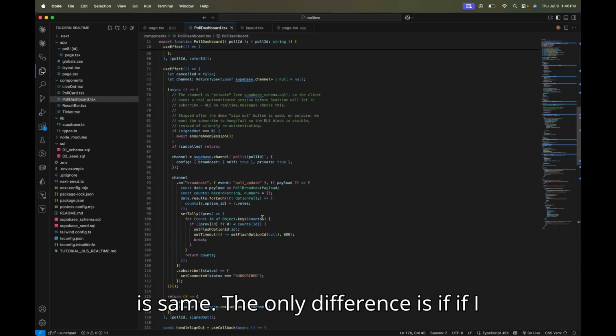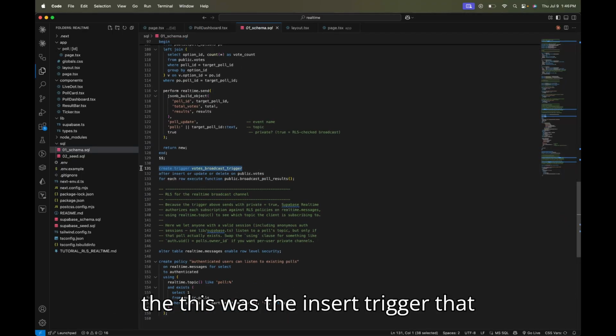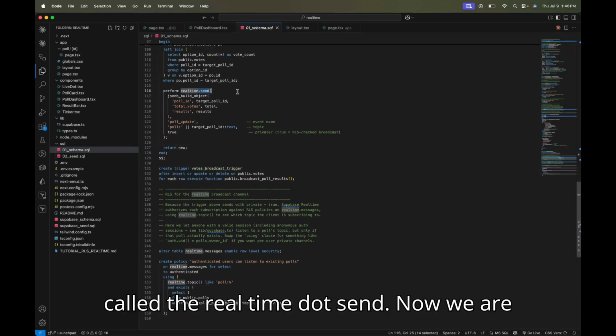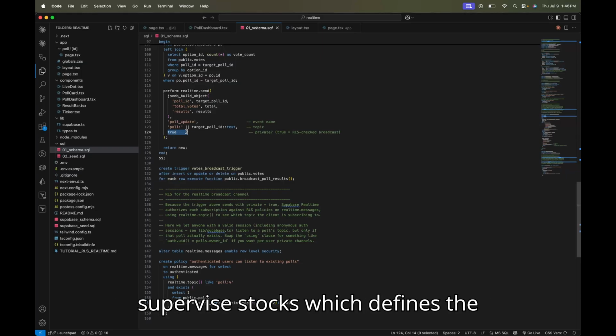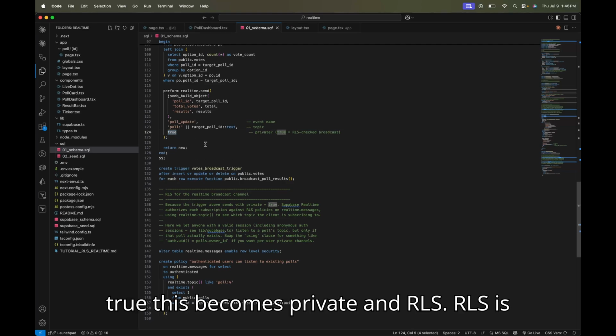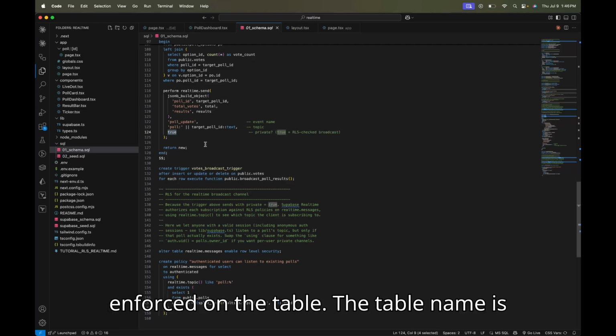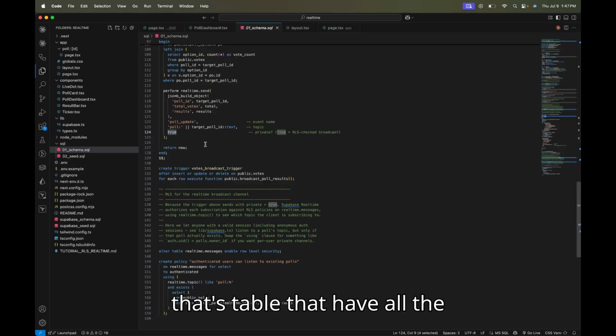Everything is the same. The only difference is if I show you the new schema now. This was the insert trigger that calls realtime.send. Now we are passing in true for private, as per the Supabase docs which define the private parameter, and as soon as this is true, this becomes private, and RLS is enforced on the table. The table name is realtime.messages, so that's the table that has all the information of whatever update there was, and